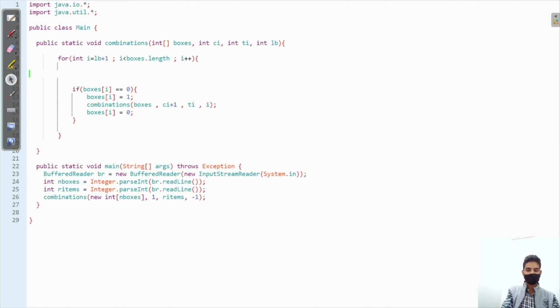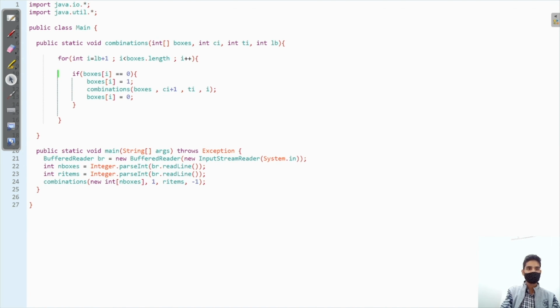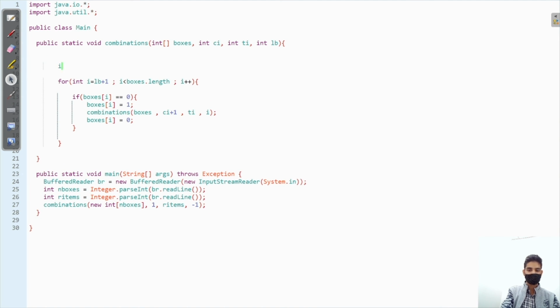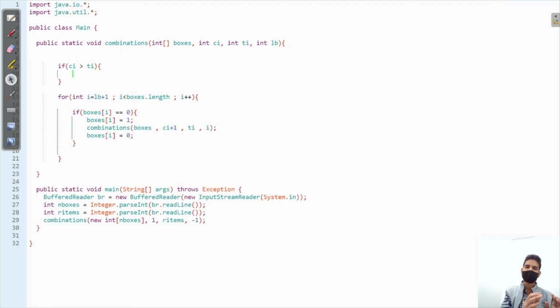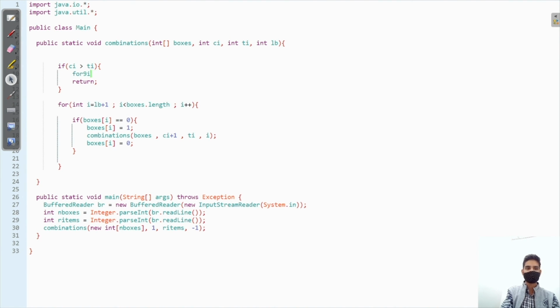After making my call, I have to check for the base case. If current item is greater than total items, that means I have put all the items. In this case, we have to stop and return, and before returning, just print our answer.